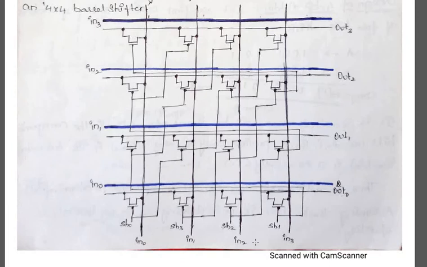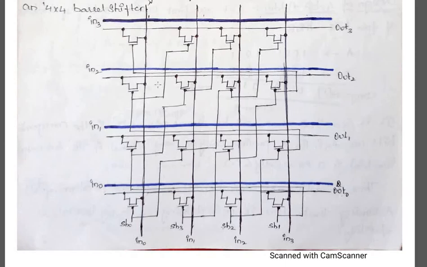I'll be repeating the definition of this barrel shifter once again. Barrel shifter is a digital logic circuit that can shift a data word by a specified number of bits in one clock cycle, and it can be implemented as a sequence of multiplexers. In such an implementation, the output of one multiplexer is connected to the input of the next multiplexer. This depends upon the shift distance, like how many times you have to shift.